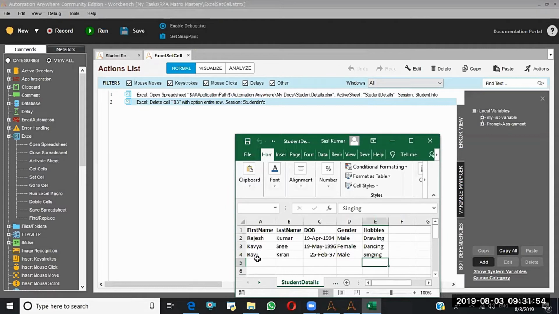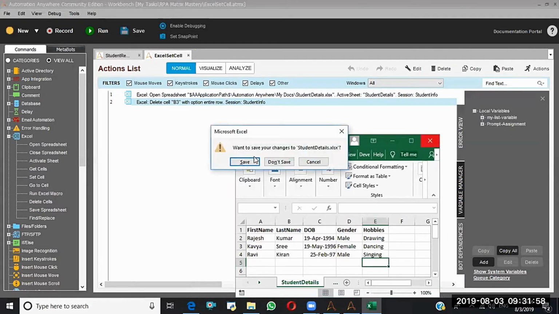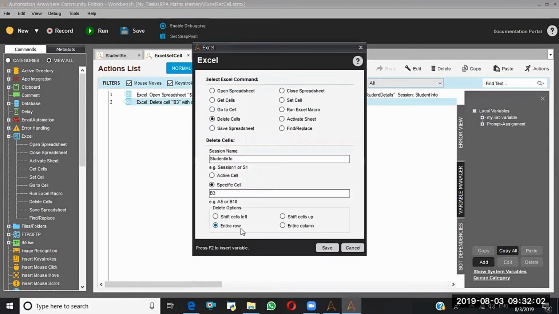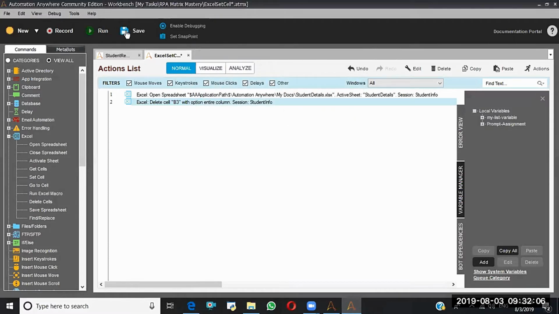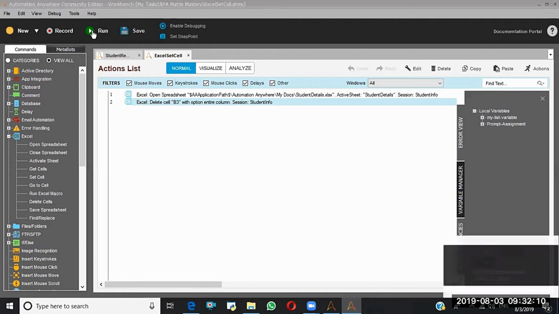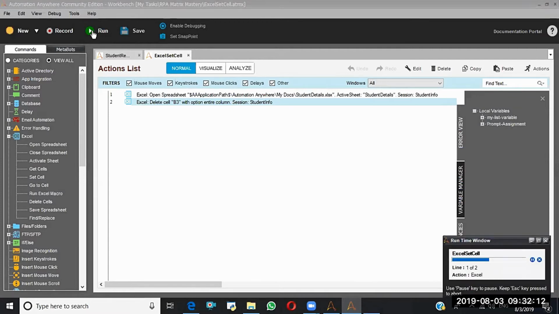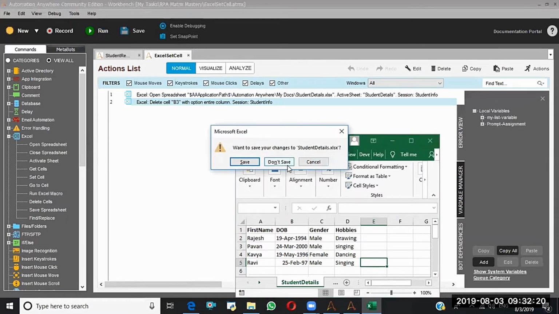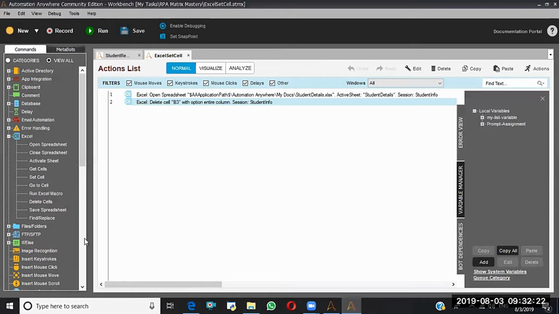In the third place, Kavya record came. That's how it will work. Then delete entire column we will see. Now the last name records will be gone for all the students. See, gone last name. So like this, we can perform the delete operations according to our requirement.